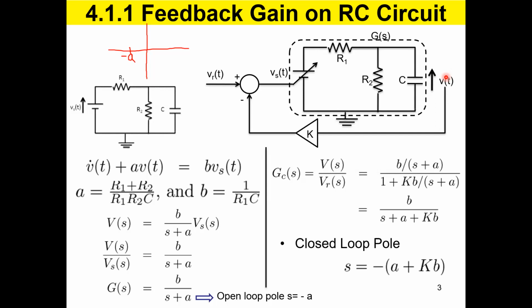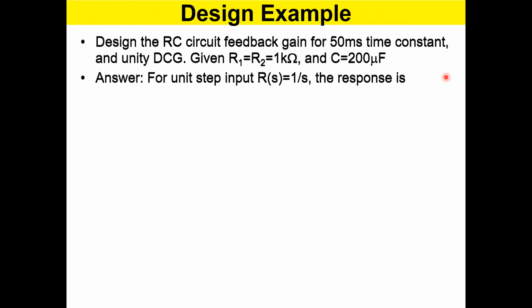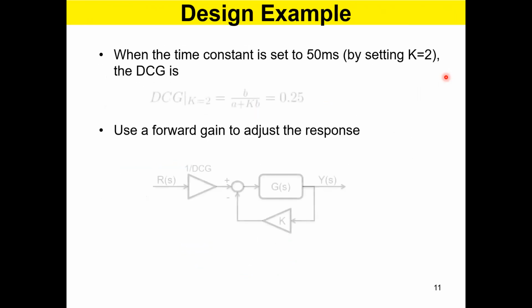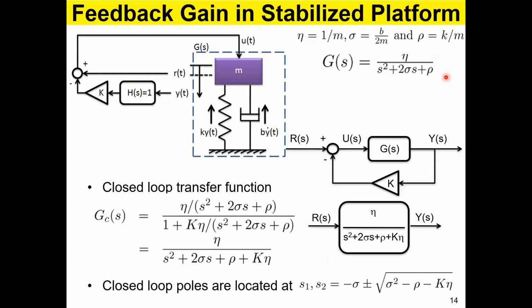So I think we have completed that part. Now, probably today we can start off with the second system, feedback gain in a stabilized platform. This is the second example. We have taken it from the scratch shock absorber. Now we developed a height stabilized